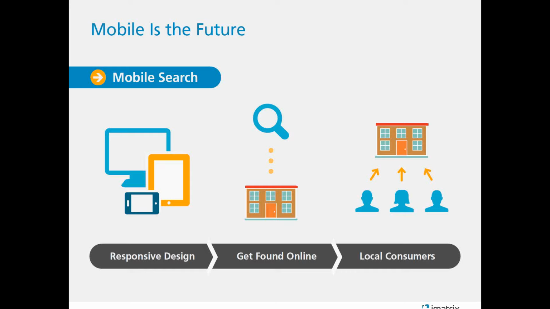This means the user can search for an optometrist or a dentist or a chiropractor or a veterinarian on their smartphone. And hand in hand with the mobile trend is also the multi-screen trend. So consumers are no longer just using their smartphones or their computer. Now they're using tablets, laptops, TVs to search.